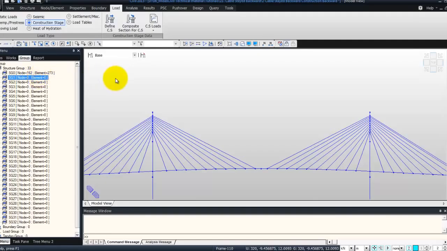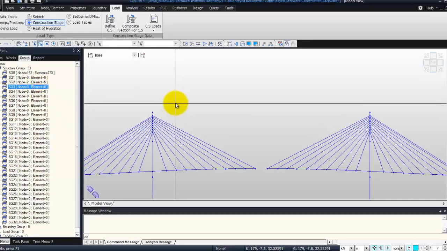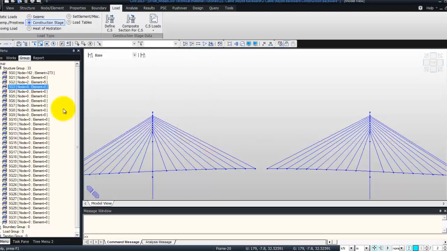The second stage, SG1, will be the removal of the additional dead load, so we don't need to assign any element to it. And from the second group, we will assign first the element in the middle, like that. And in order to see better what is happening, we can inactivate this element afterwards. And from SG3 and SG4, we will begin to remove the cables and the girder successively. So for the first one, SG3, we will select these cables here,